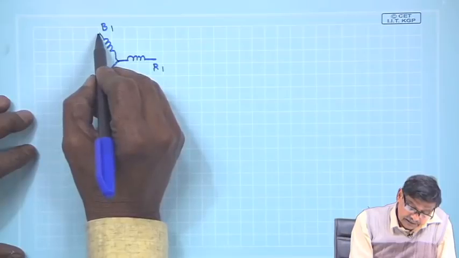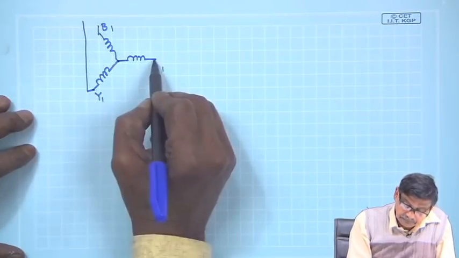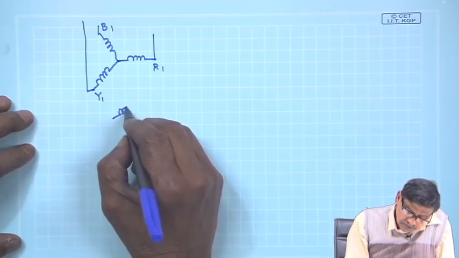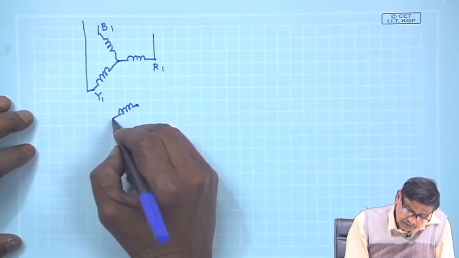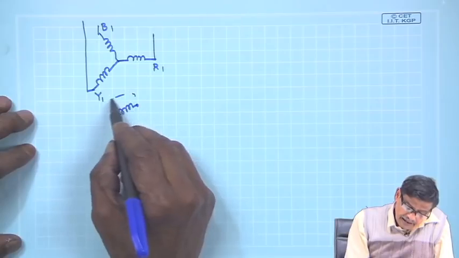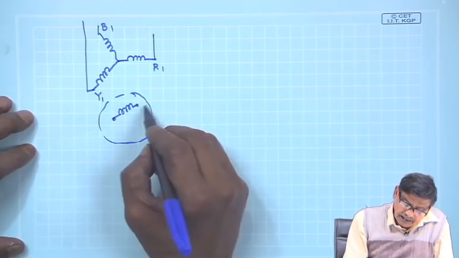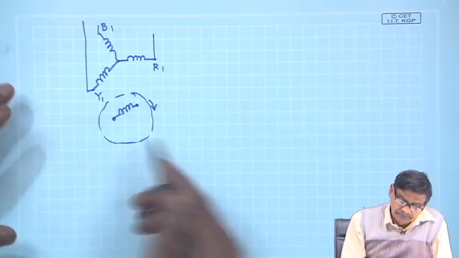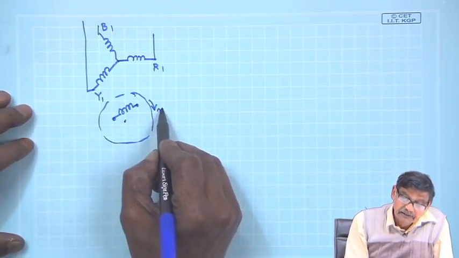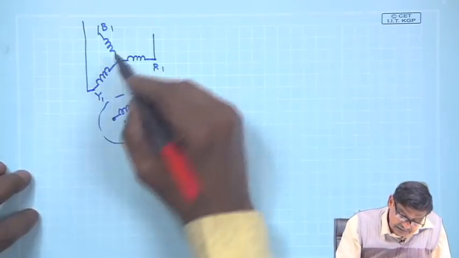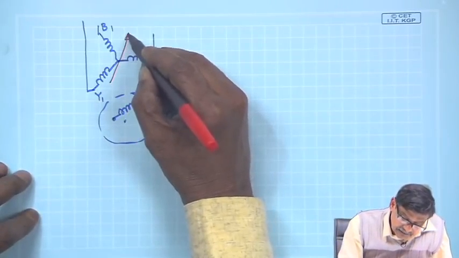I will connect it to the supply, and in the rotor I have a coil. I will just show it like this, rotor coils, and it is the rotor. I will indicate it by putting a circle around it, and the rotor is moving something like that with a speed, say Nr, and the stator field,